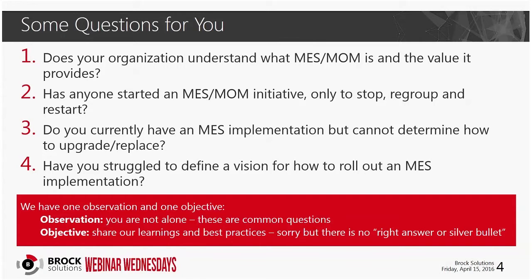Other customers are saying, well, we've got our MES implementation, but again, how do we go about upgrading or replacing this? And finally, if you are going to move forward, how do you define the vision for how to roll out that MES implementation? This is something that's critical to your organization, so you need to have that clear vision and direction and guidance on what it is that the system will do, what's the value that it'll bring to